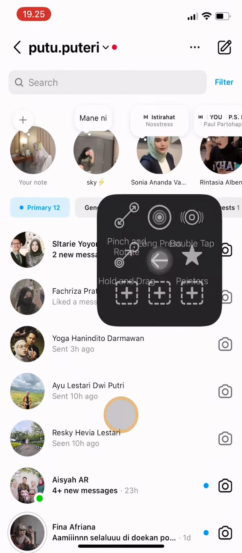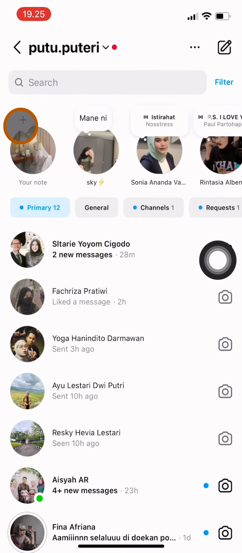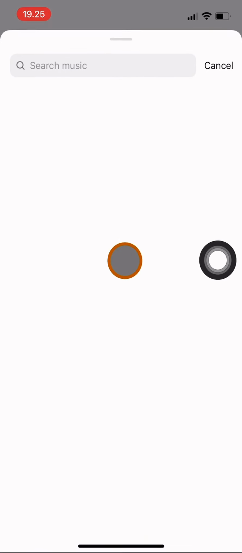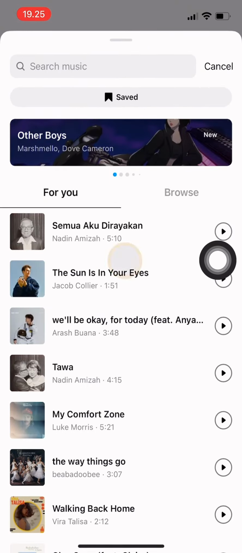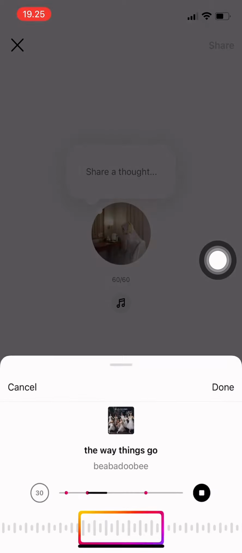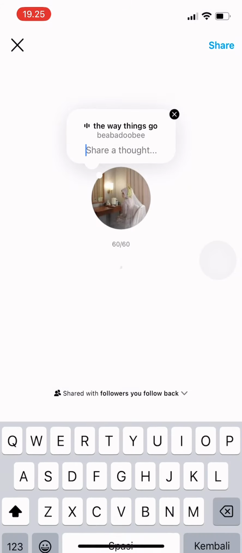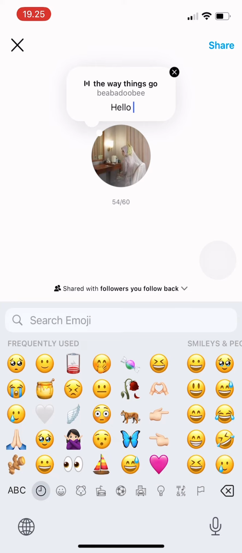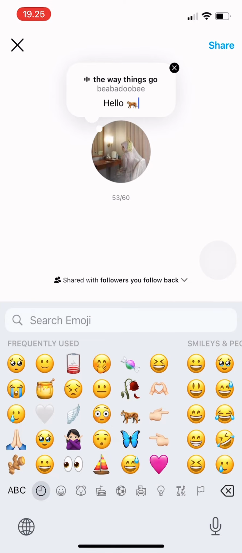And to create a note, you can click this plus symbol over here and then you can type here what's on your mind recently for only 60 characters, and you can add a music to it. Just click here and then choose a music that you are listening to, and then select the segment of the song, and you can also add some text to it. Here I'm going to add an emoji,